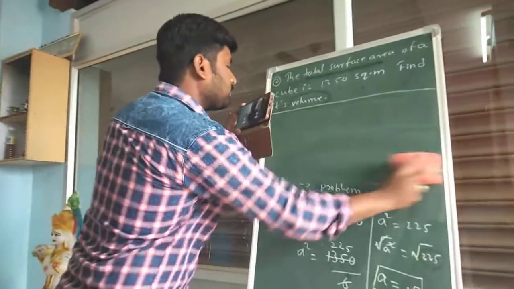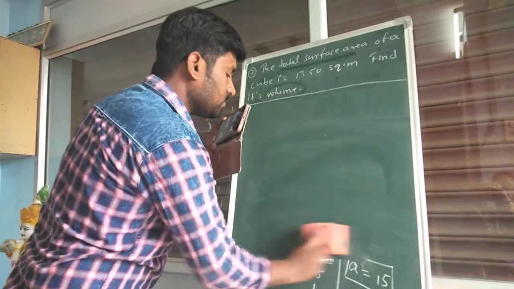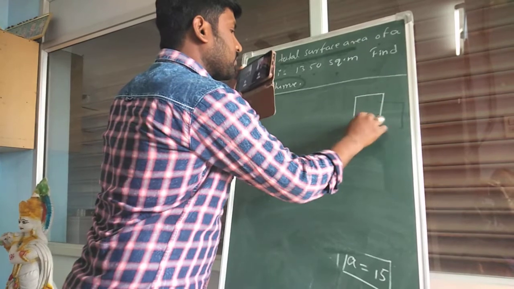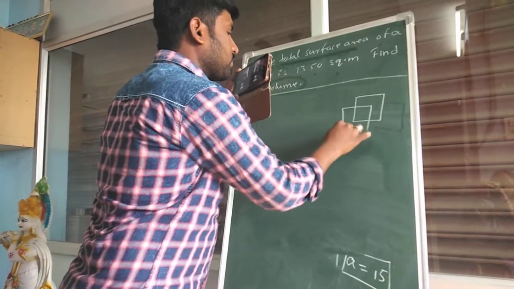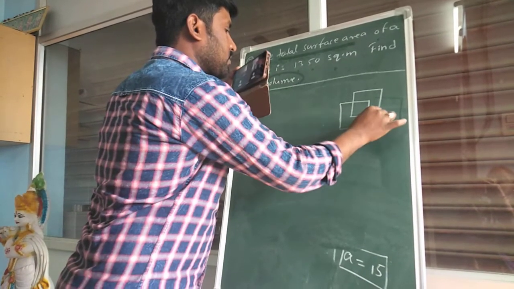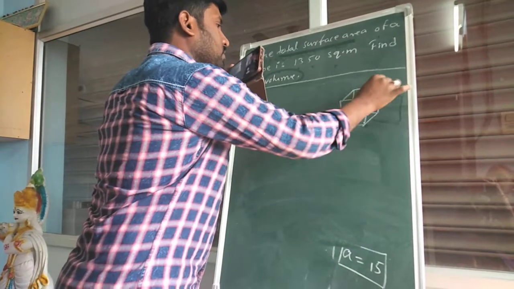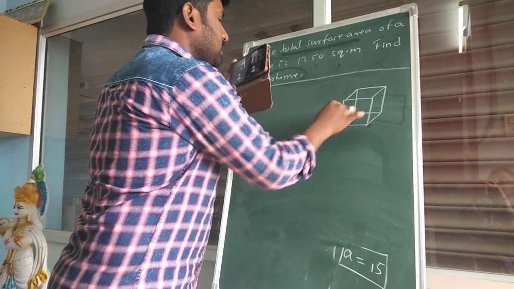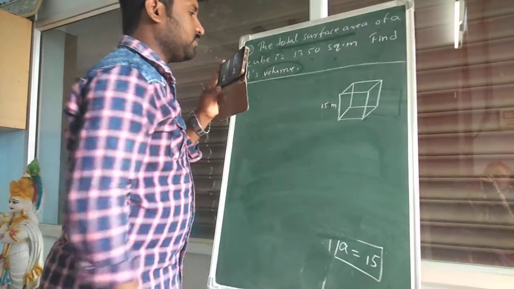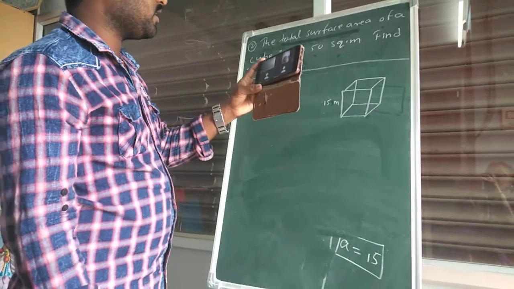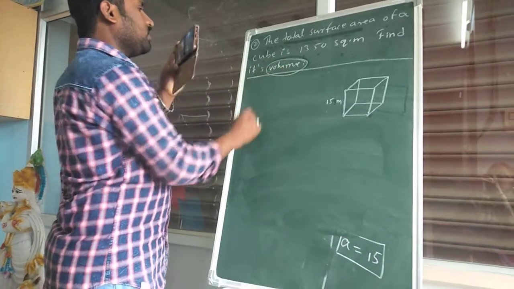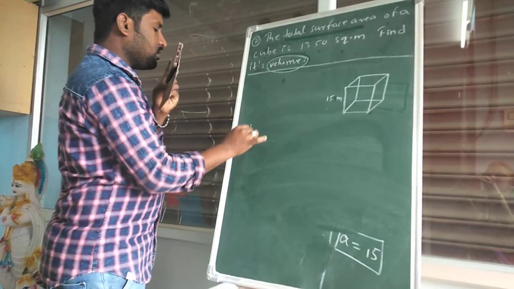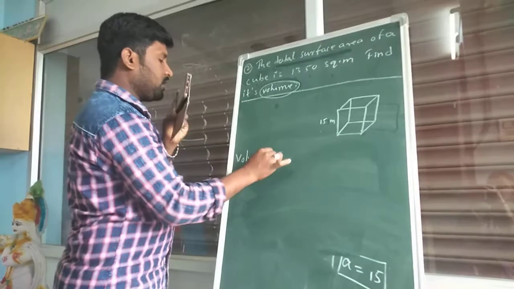We know the side of a cube. Yes, the side of a cube is 15 meter. 15 meter. Now find its volume. Volume means, what is the formula? Volume of a cube